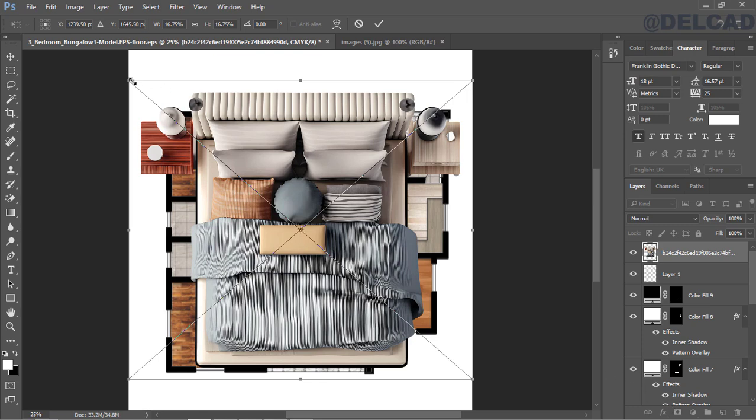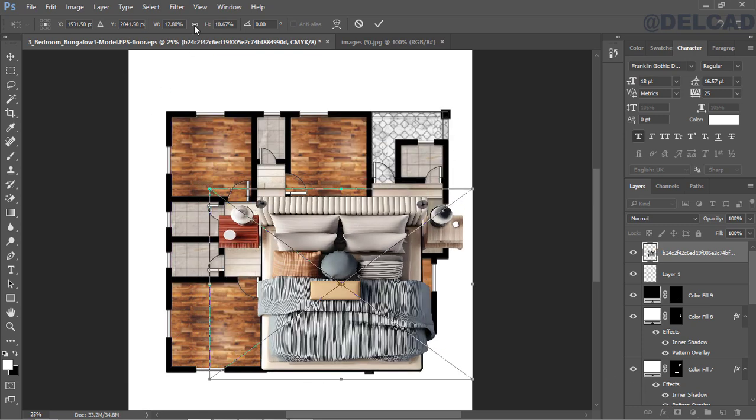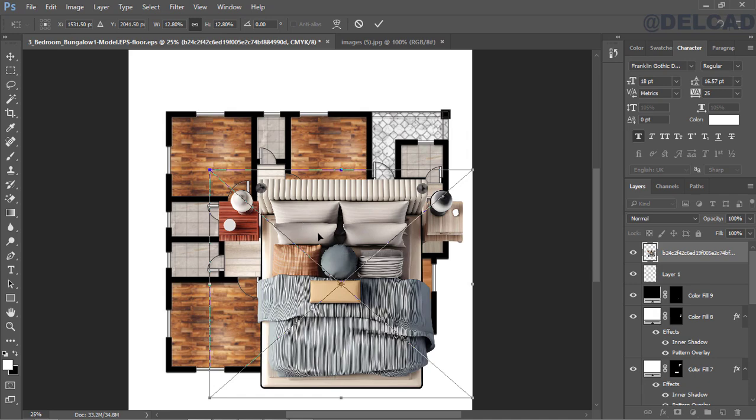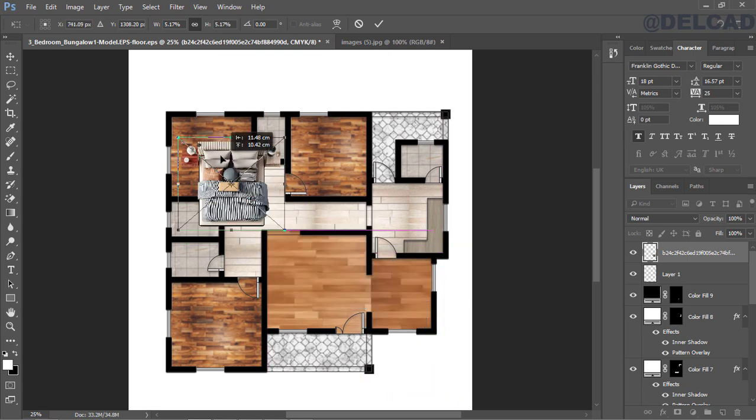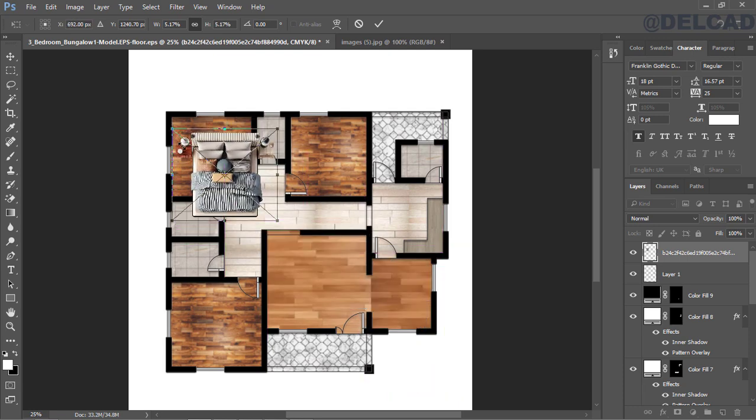We can then adjust the scale and make sure this is checked so that the aspect ratio is maintained. We can scale this down all the way and move this to this position. Go ahead, scale it until you're satisfied with the outcome, and we can still scale it down. And we can as well rotate, so we can rotate this to minus 90 degrees, and we can click on OK